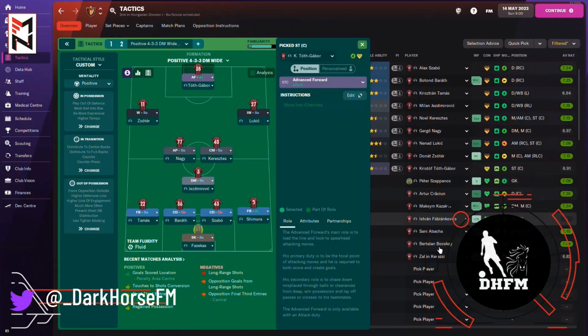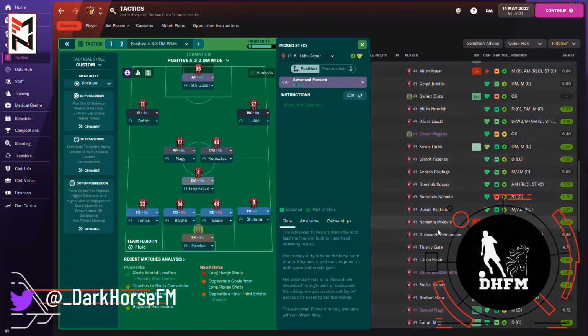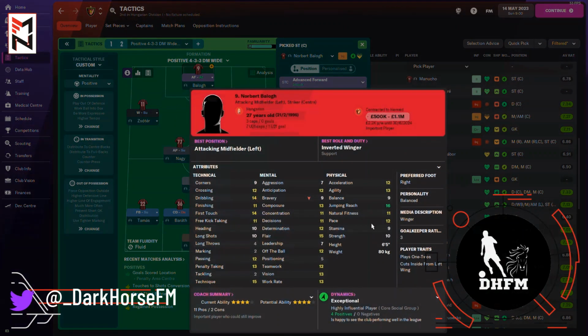Where is he? I swear I'm going to find him because I need to show him to you guys. Oh, where is he? Where is he? Here he is, Norbert Balov. He's a 6'5" centre forward, and funny enough, he's not a target man. So you can see that he's an inverted winger, but I use him as an advanced forward because he has some pace and acceleration. But look at his height,